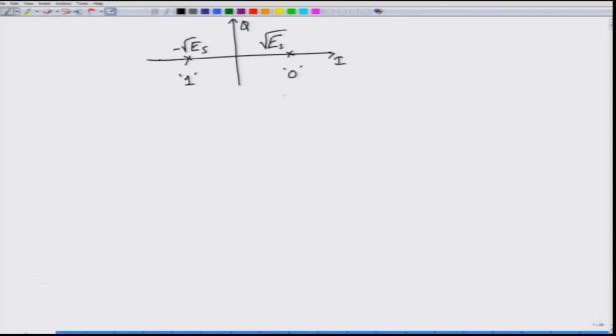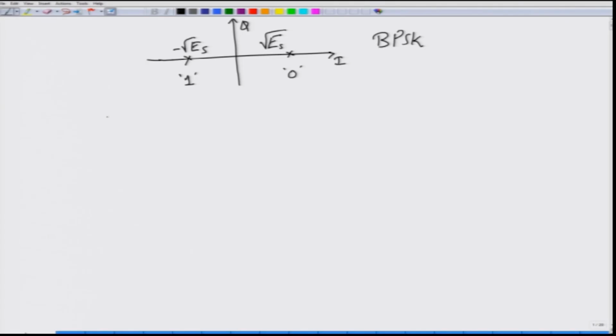I could interchange the symbols from 1 to 0 in this way as well, depending on what I am going to assume. So, this is basically left to the discretion of the user, whether you want to associate plus square root Es to the bit 0 or minus square root Es to bit 1. In this case of binary phase shift keying, the phase of the carrier is keyed or changed between 0 and pi. Let us say if I take this as the mapping, 0 mapped to phase 0 and 1 mapped to 180 degrees,